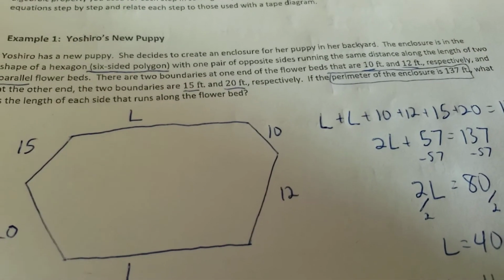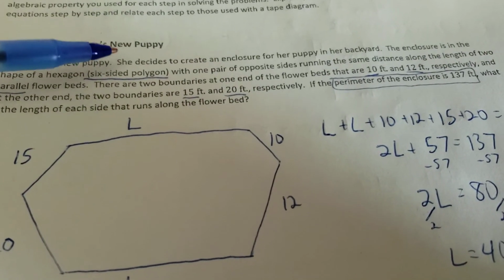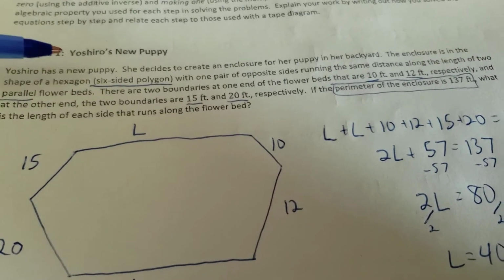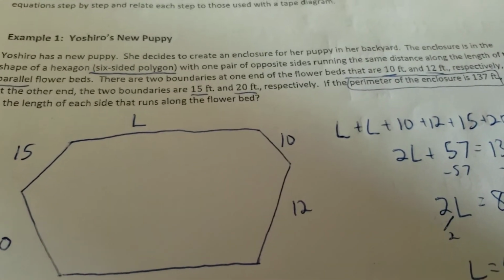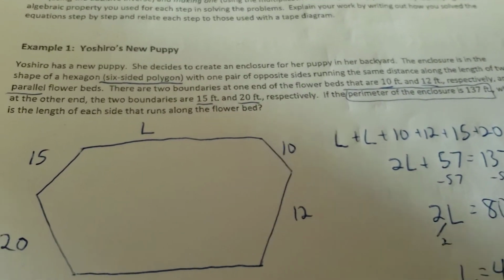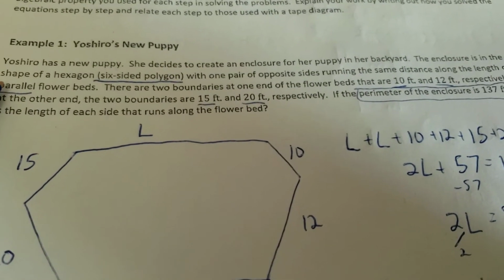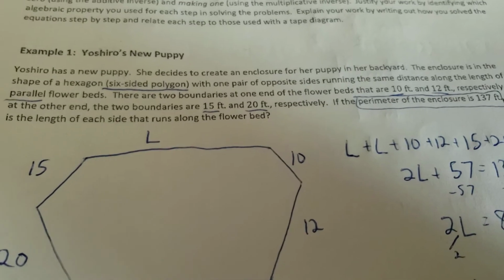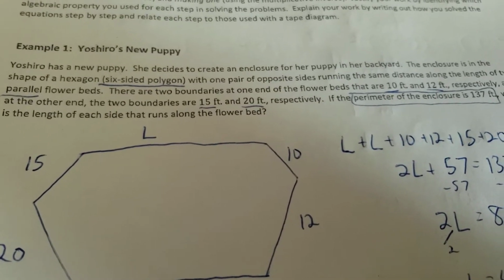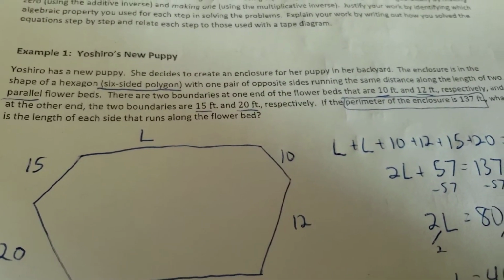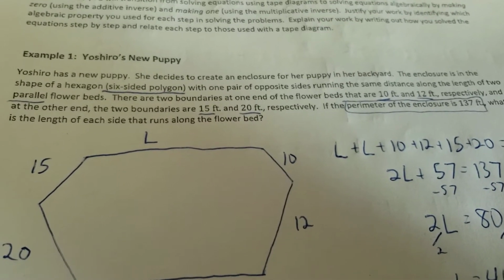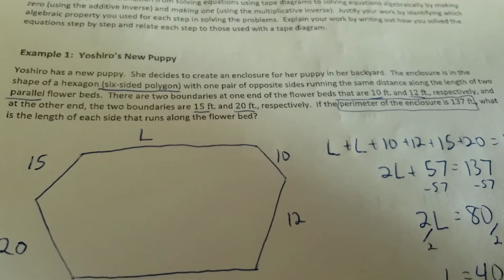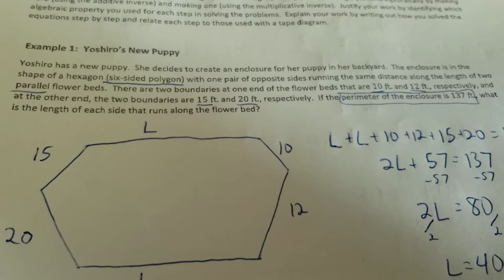Yoshiro has a new puppy. She decides to create an enclosure for her puppy in her backyard. The enclosure is in the shape of a hexagon, a six-sided polygon, with one pair of opposite sides running the same distance along the length of two parallel flower beds. There are two boundaries at one end of the flower beds that are 10 foot and 12 foot respectively, and at the other end the boundaries are 15 foot and 20 foot respectively. If the perimeter of the enclosure is 137 feet, what's the length of each side that runs along the flower